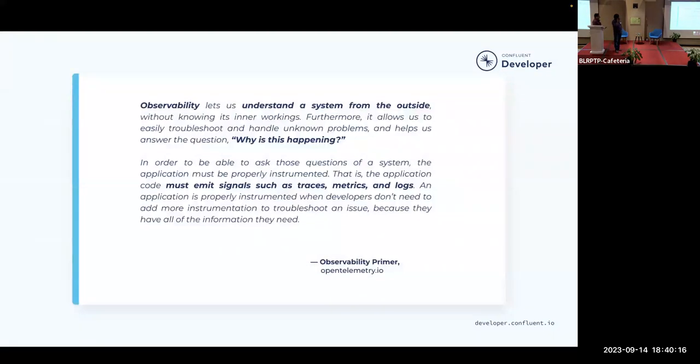This is just a snippet from the observability primer. Observability is a kind of gathering metrics and getting the visibility so that we can troubleshoot the system as easily as possible without getting into the core of the application, knowing what the application is doing. We may have to dig into that, but that's a later part if we don't get anything from the metrics at all.